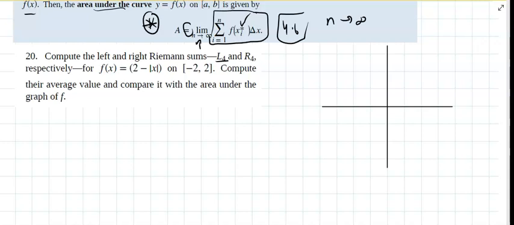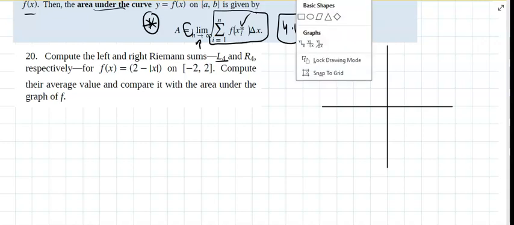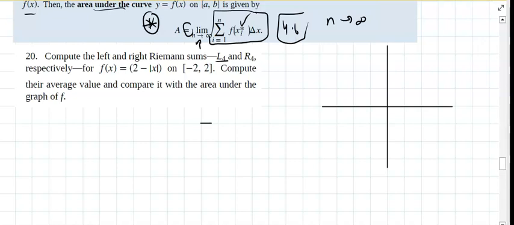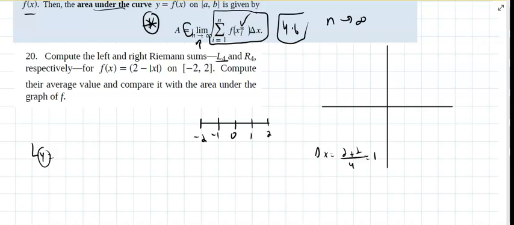So, L sub 4. I'm looking at the interval from -2 all the way to 2. And we want L sub 4. We take delta x, that is b minus a, which is 2 minus -2, so plus 2, divided by 4 intervals. So each one of those has a length of 1, so here we go: -1, 0, 1, and 2. If I am using the left-hand approximation, when I look at the first interval, I'm going to take